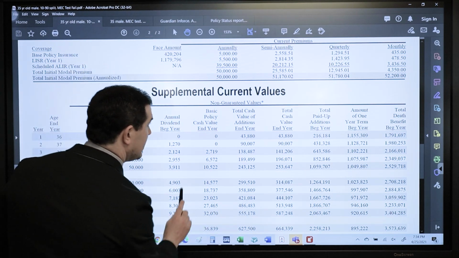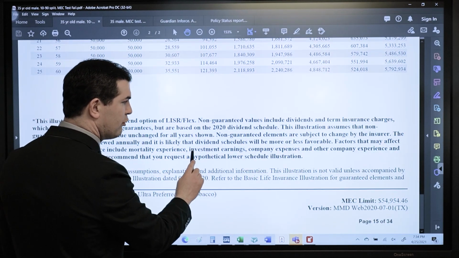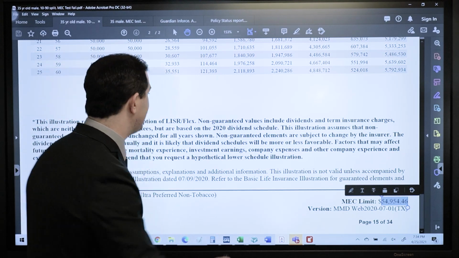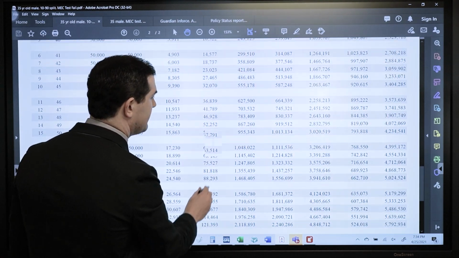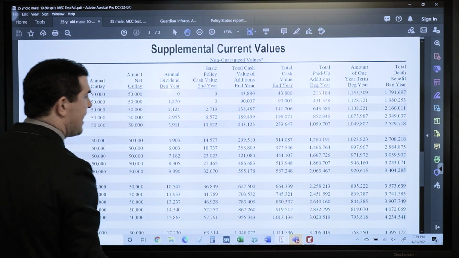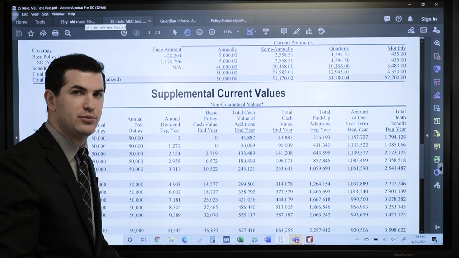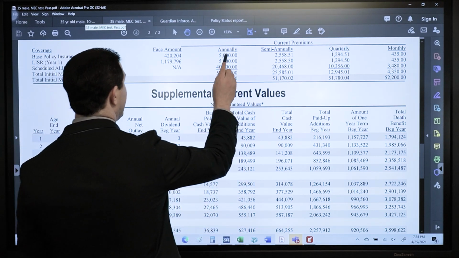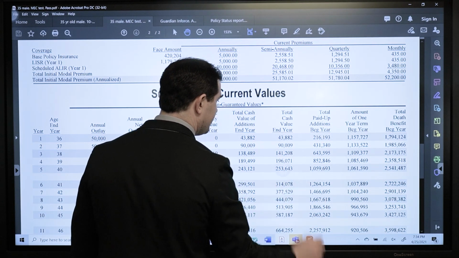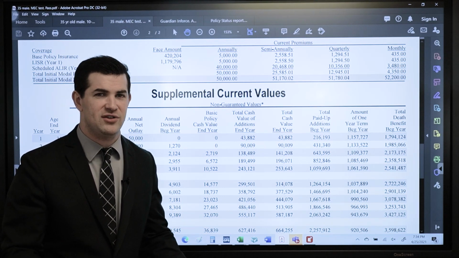Okay, that's great. Here's what I want to touch on. Let's look at the bottom right-hand corner of the illustration. What do we have? MEC limit, about $55,000. So we always like to build in some extra space there. Okay, that's great. Now, keep this in mind. Cash value, $43,880, $253 year 5. Here's another policy, 10/90 split, same company, same $5,000 base premium, $43,882, $253 year 5. They're almost identical, a couple dollars off here, but pretty much the same thing.